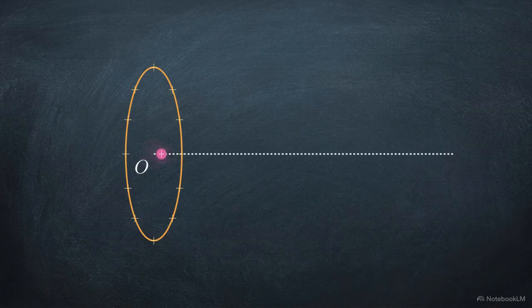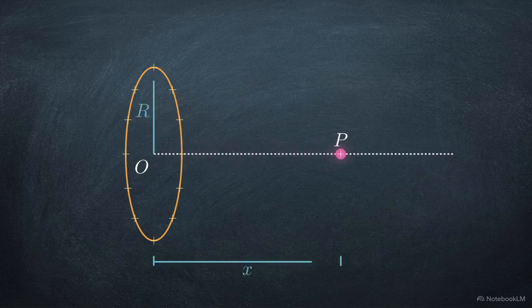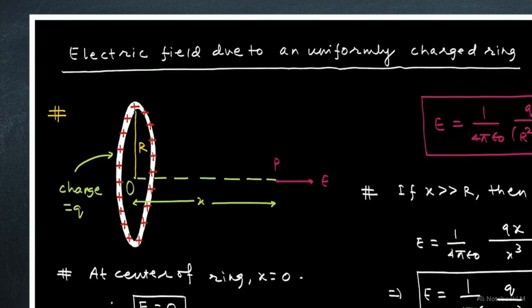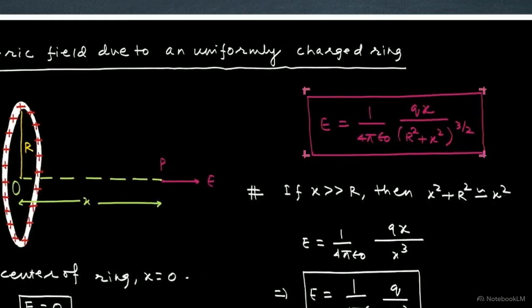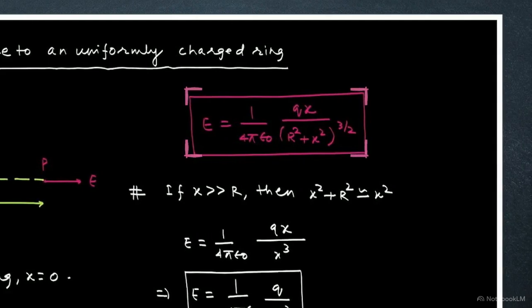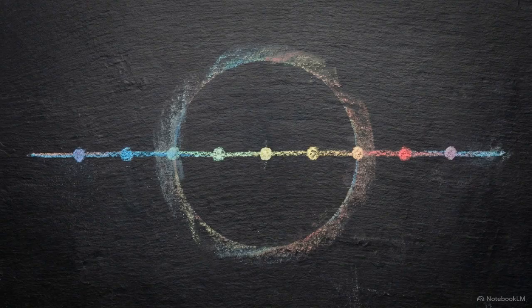Let's move our hypothetical test charge out along the central x-axis to an arbitrary observation point, P. This diagram illustrates the shift. The off-axis forces cancel out, leaving a single net force vector pointing away from the ring. The red boxed formula defines this exact field strength E, determined by charge Q, radius r, and distance x. This single foundational expression allows us to calculate and predict the electric field's behavior at any coordinate along the central